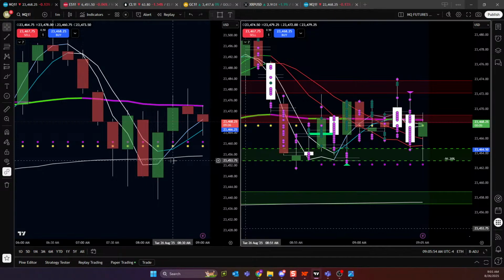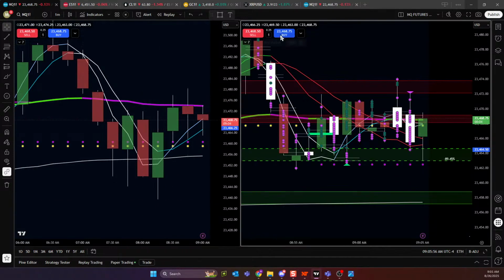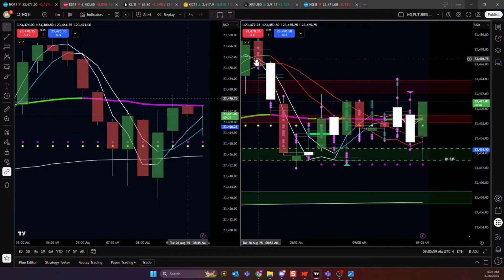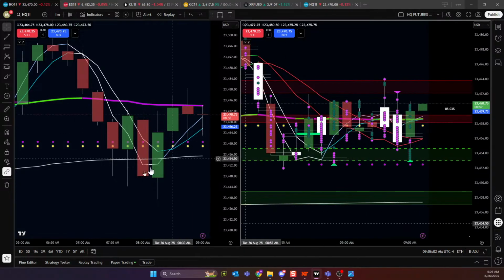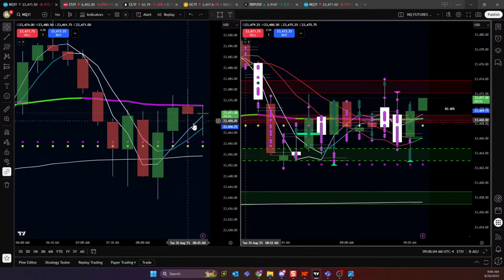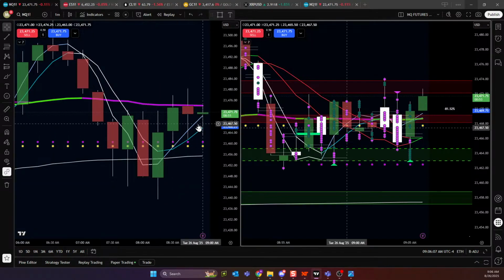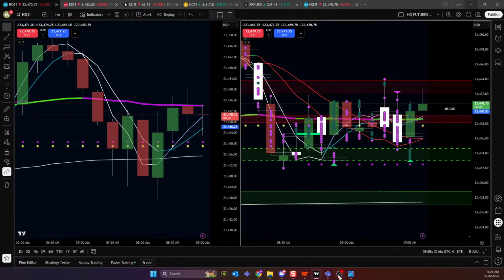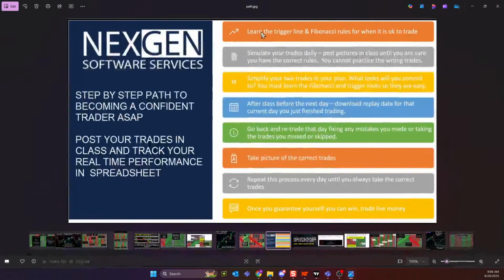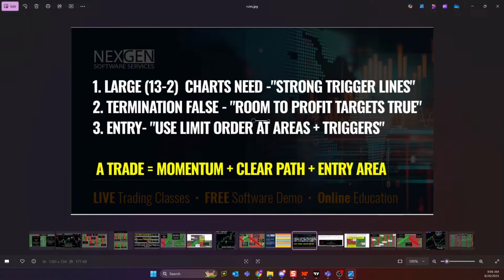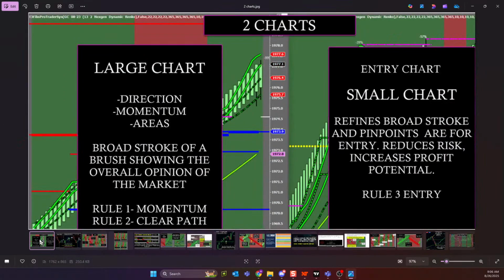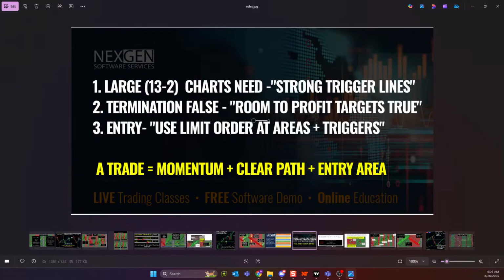TradingView uses minute bars, and these minute bars, is that a close on the correct side of the triggers? These minute bars are slower, guys. 15 minutes to build one bar here, an entire minute for this bar. So the rules are going to be a little different. If you are on Renko bar charts, learn your Renko bar rules. It is initially 3 rules on only 2 charts